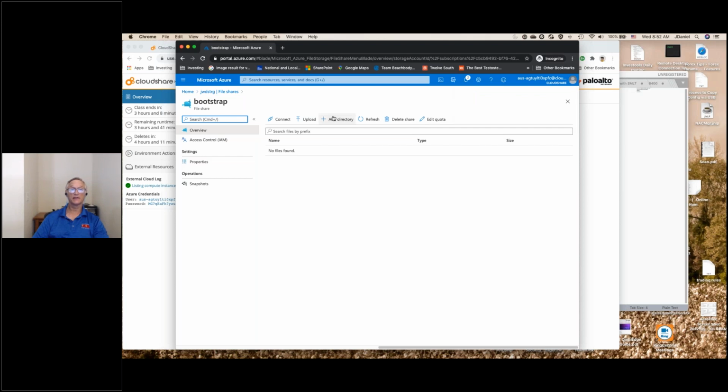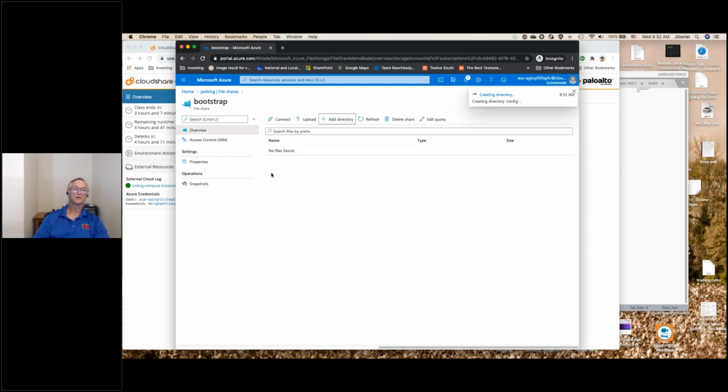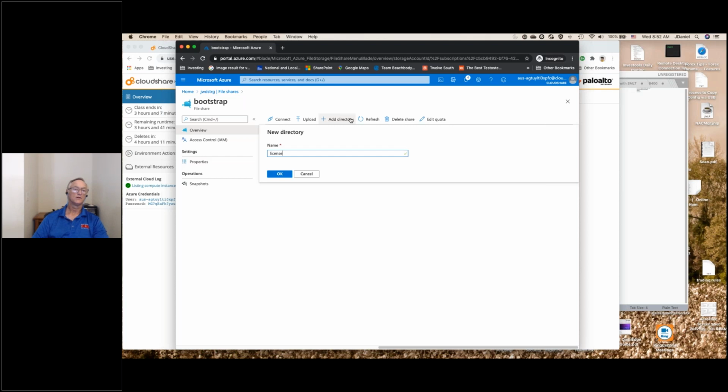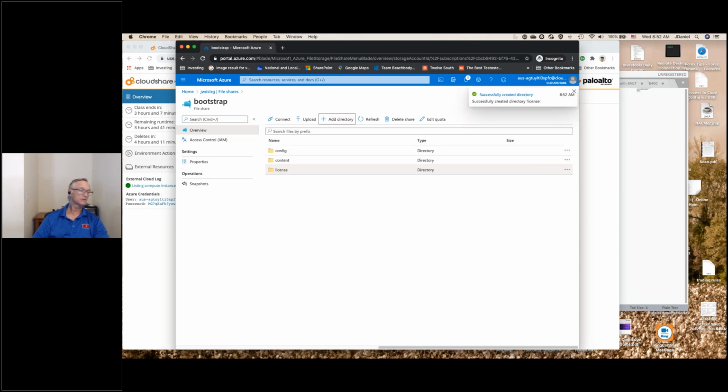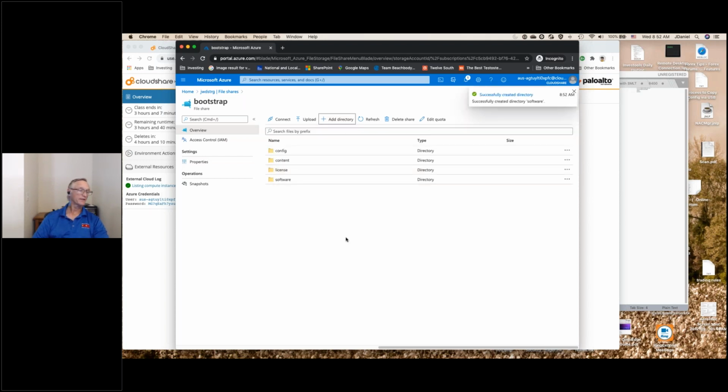So I'm going to add a directory. The first one is going to be config, and then the next one is going to be content, and then I'm going to add license, and then lastly software. Add a directory called software. Yeah, that's correct. So now that that's done,